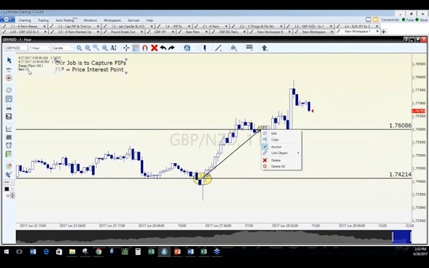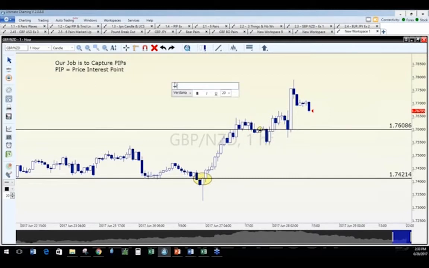Okay, does everybody see that? Do me a favor, type in yes if you see where it says range in pips, 186, and the bars is 19. So I'm going to write that down because I want to show you what this means. So this would be, it moved 186 pips. Let's say we took this trade, 186 pips in 19 bars, and each bar represents an hour. So this would be in 19 hours, okay? So what does making 186 pips in 19 hours mean to you?